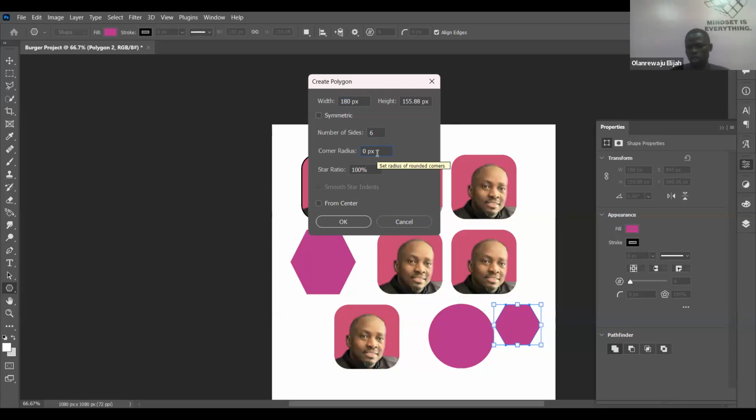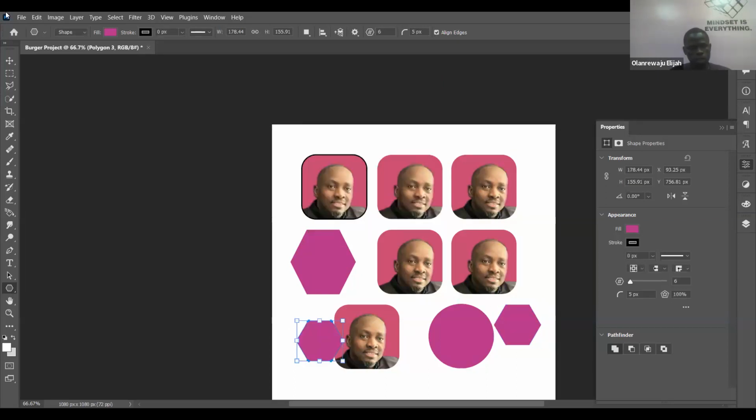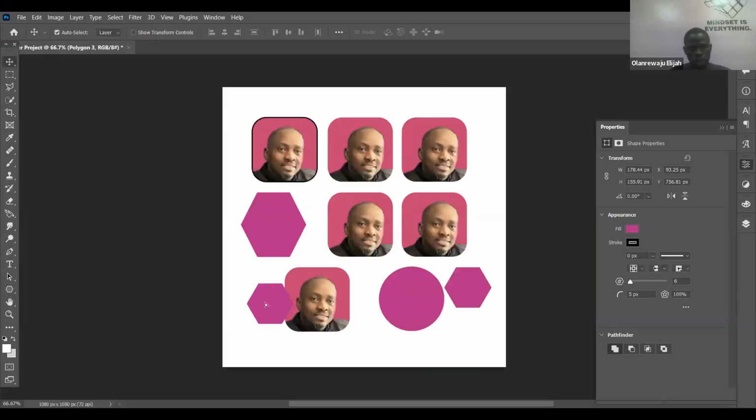You can also change the sharpness by increasing the radius, which controls the curviness of the corners of that particular shape. Let's say we change it to maybe 5, right? Can you see now? You see that it's not as sharp as the other one. You can increase it.